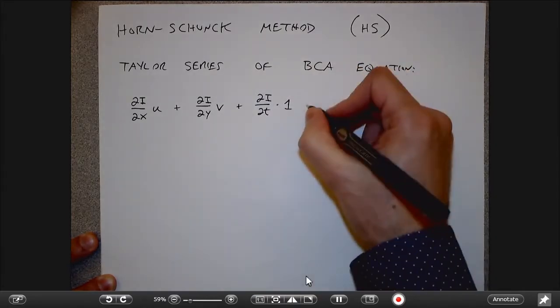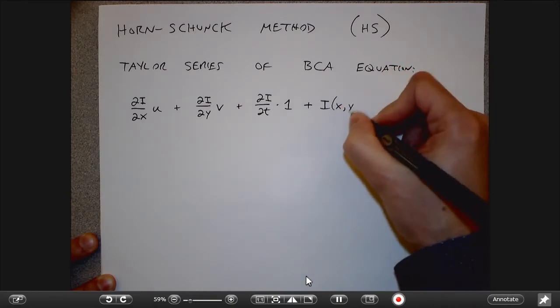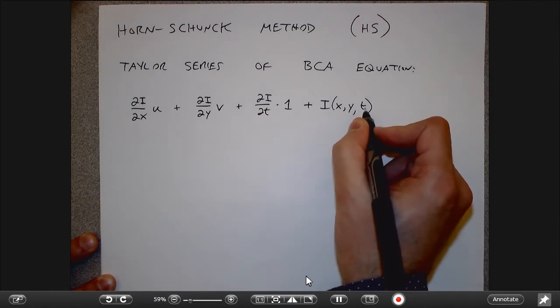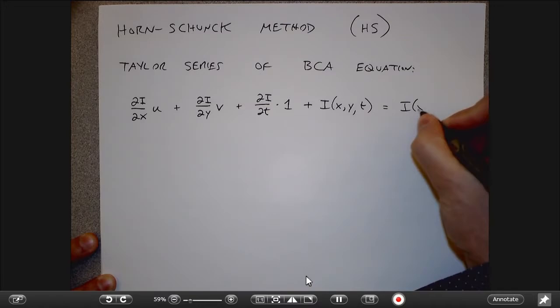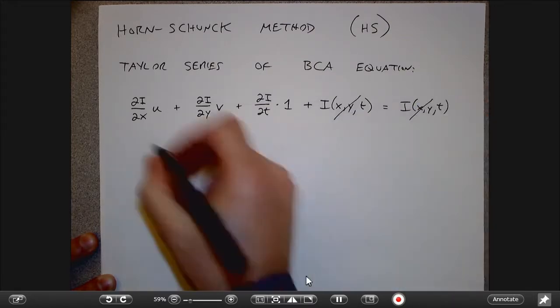That's the increment. The constant term is basically saying that I get to x plus u, y plus v, t plus 1 by taking what I had here and adding it to this. And so this is the brightness constancy assumption, and I can see that these two things are going to cancel. So what I get is basically